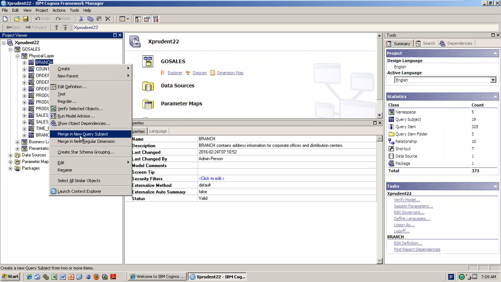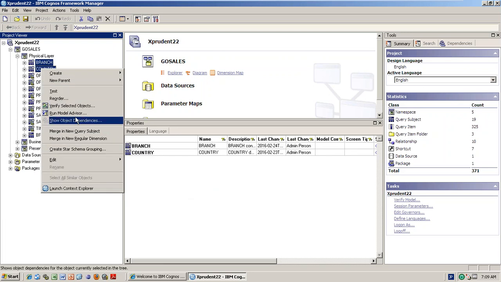If there is a join present between two tables and we want to merge those two tables, after joining you can pull all the columns into a model query subject. You can just select the two tables and right click, and all the columns will come into one table, and you can rename it to whatever you want.